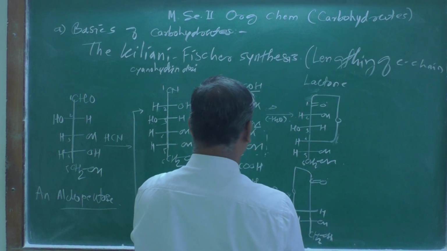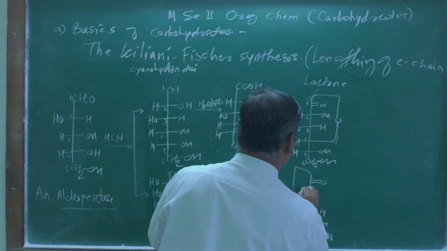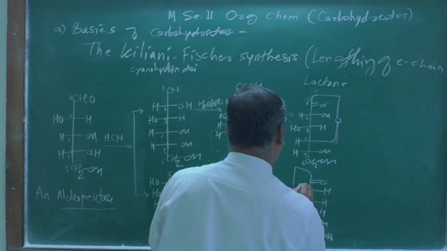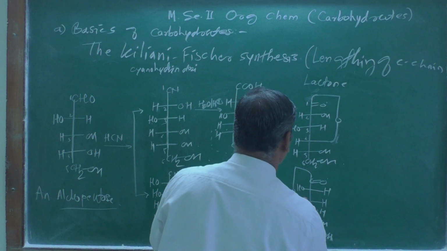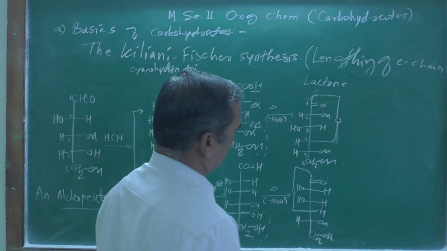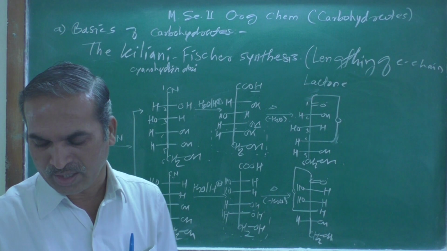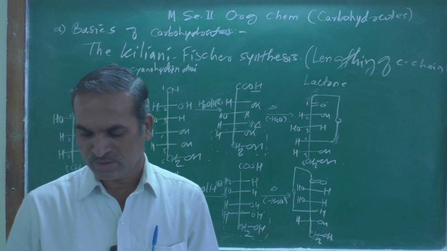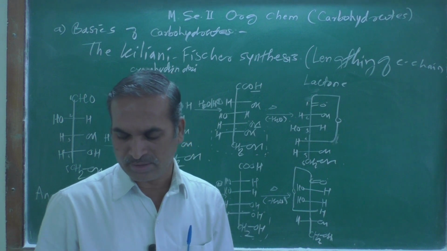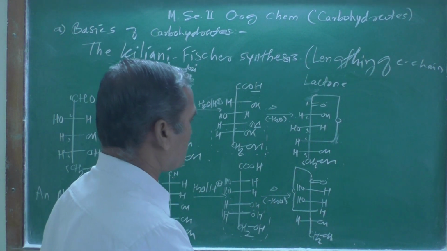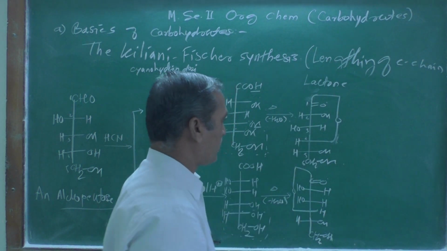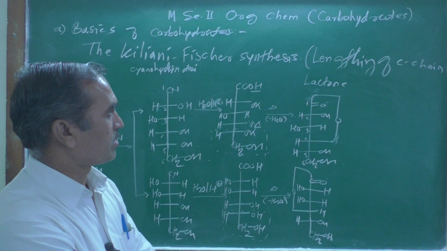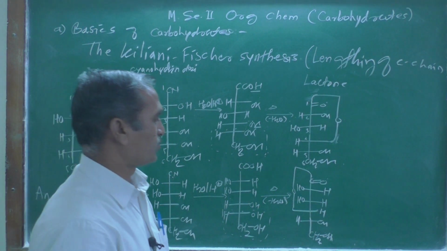Now, these two groups remain there. So these two groups we can put hydrogen and hydrogen, they are as it is. Here is OH and here also OH. So in this way we have got this OH, right? And after that, this we got as a lactone, right? In the above case also as a lactone, and in the second case also as a lactone.